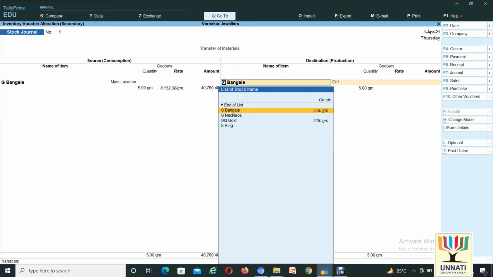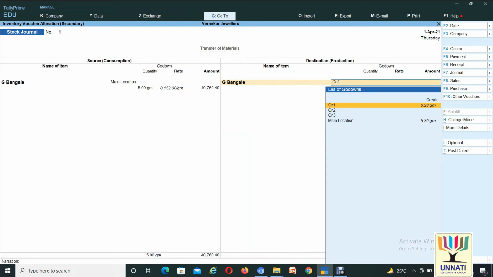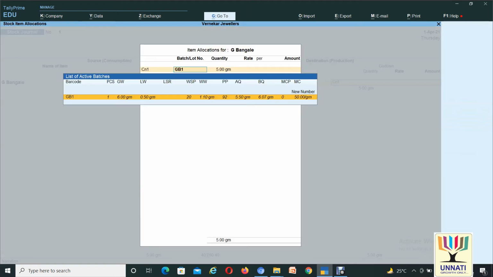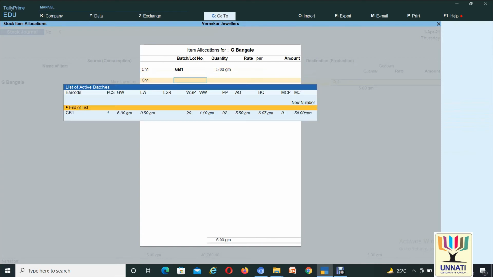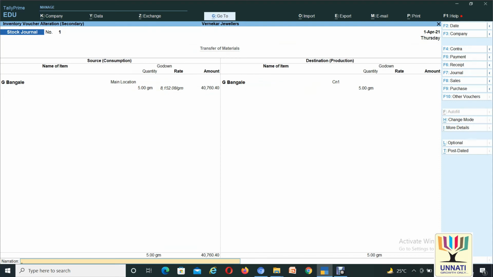The destination could be karigar person number 1, karigar person number 2, like this, given for making the item. All these details are maintained in this TDL.